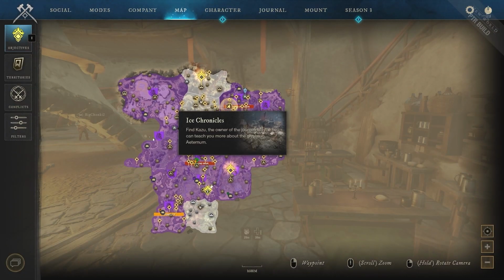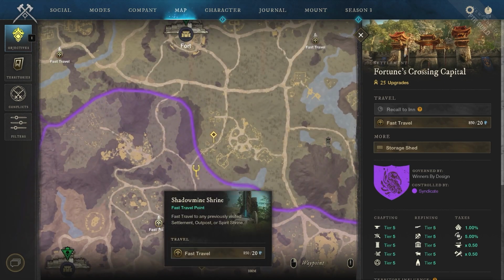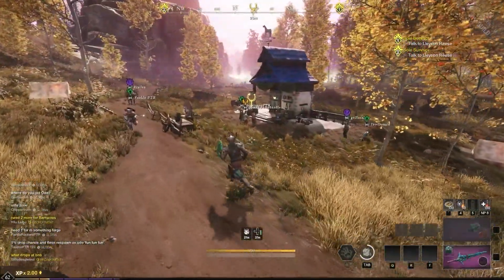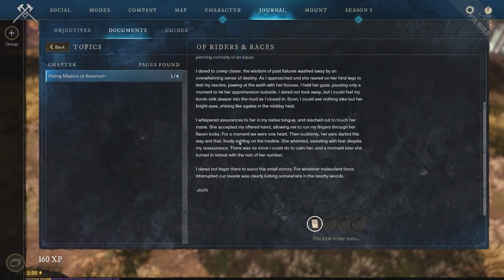Once you go there, it's going to send you up to Northern Everfall. This is where the main quest begins. So the quickest way to get there is by teleporting to the Shadow Mine Shrine in Everfall and then running north. Once you're there, you just need to speak with the quest giver and then you're going to begin the quest line. The quest itself to get your mount is very simple. It's very quick. All you need to do is follow the quest markers, complete the quest, and then go turn